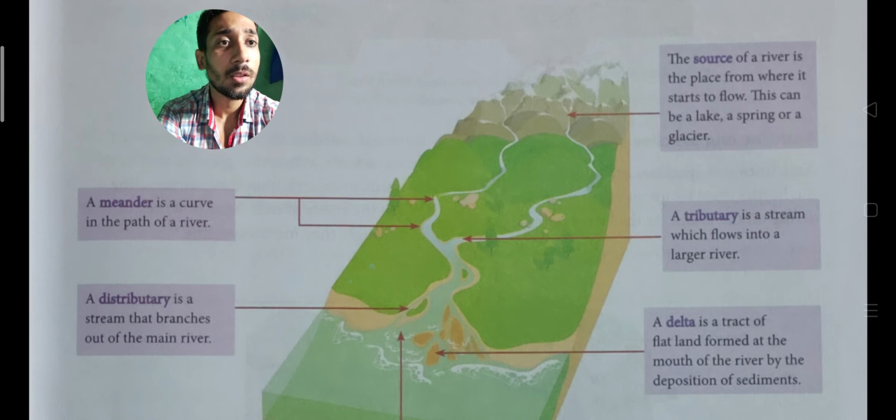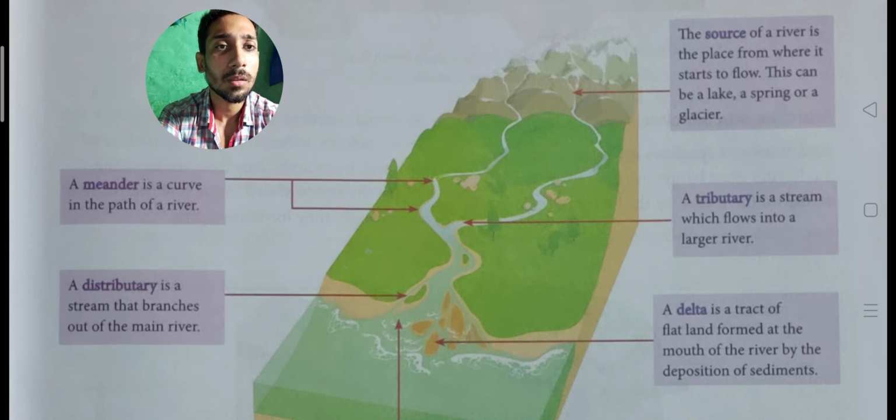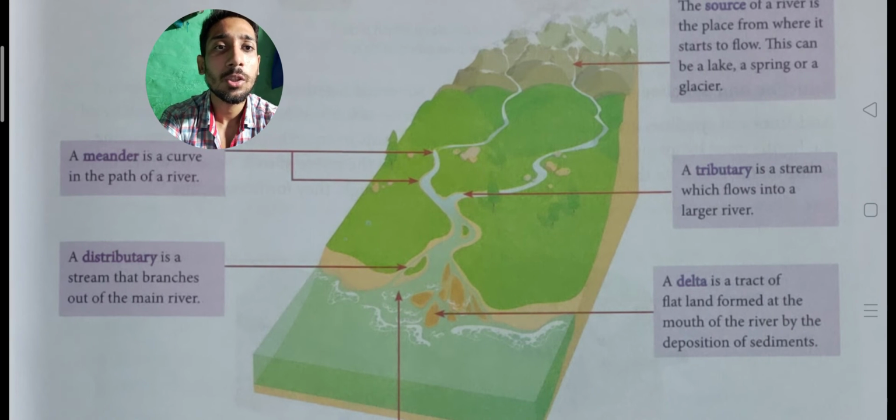A tributary is a stream which flows into a larger river, means the smaller river will mix with a larger river after flowing a large distance. Thereafter distributary.